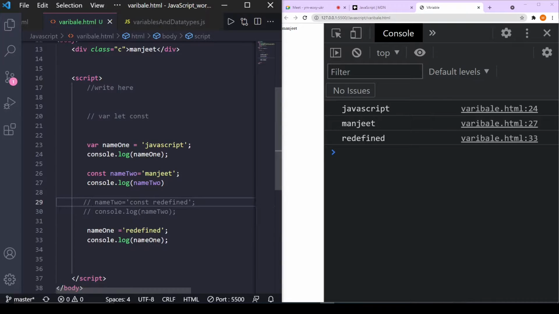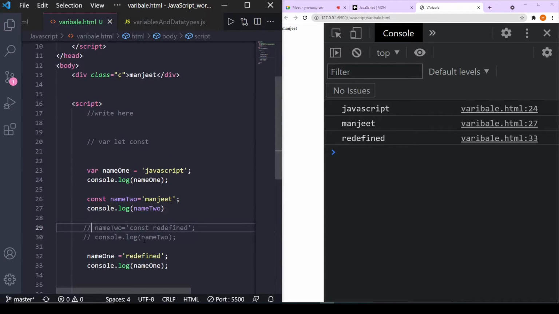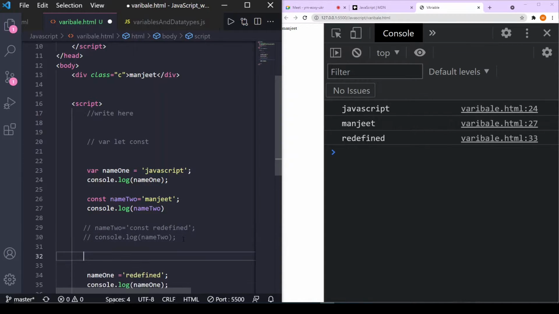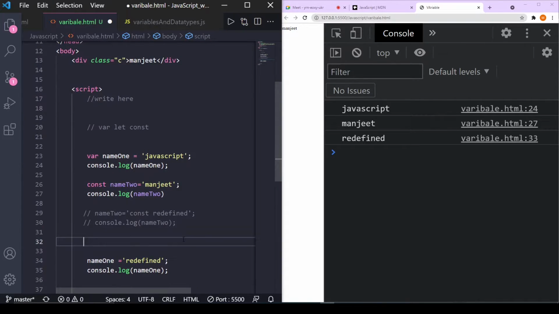So variable and constant are basically like this: a variable is a thing that can be reused again and again. A constant cannot be reused again. Like a piece of paper, if we have written something by pen, we cannot erase it. For that, there are technologies to erase pen handwriting, but basically we cannot erase it, so we cannot reuse it. But something written by pencil, we can erase and reuse. So pencil is like a variable and pen is like our constant. These are just analogies to remember, nothing specific to JavaScript.